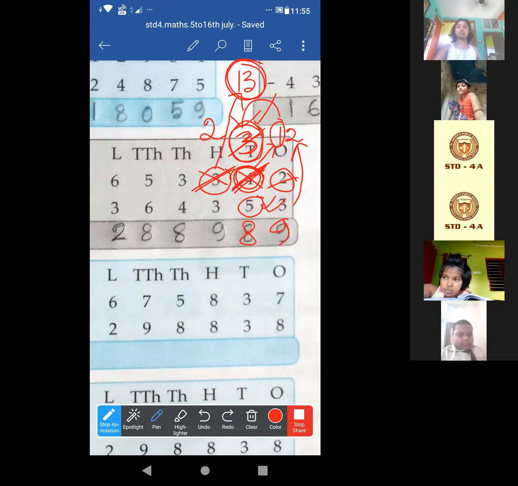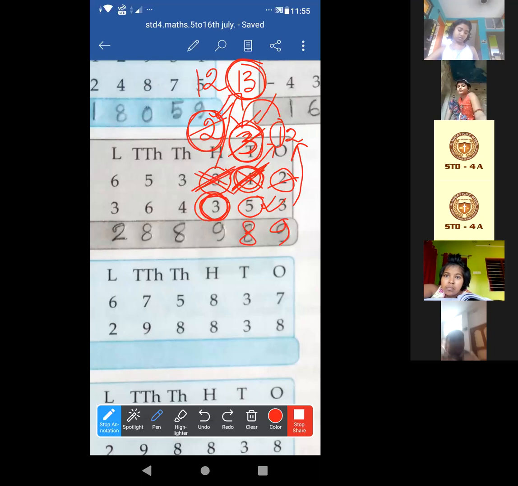Now for hundreds place. Again, look, this one is 2, so we will not consider this 3 as it has already become 2. So from this 2, we have to subtract this 3. But again, this 3 is greater than this 2. So again, we have to borrow 1 and make this large, 12. From which one are we borrowing? From this 3, immediate left place. So this 3 will again become 2. Is it clear? Now, after 3, start to count till 12. Okay, I think now it is clear.